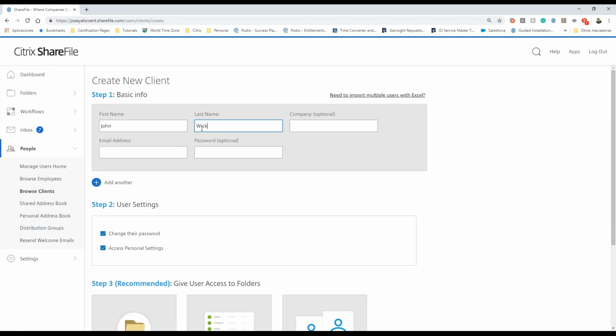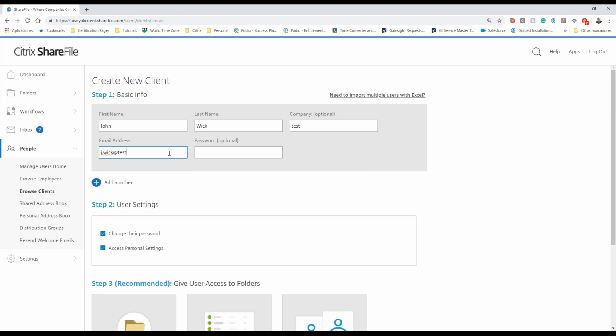Okay, I'm creating a new user, right? This is a client that I have been working with in the past. So I know that this new user for this company needs to have pretty much the same access that I have already granted to someone that belongs to the same company. I want to make sure that this user will be added to the same folders, right? And so what I'm going to do is